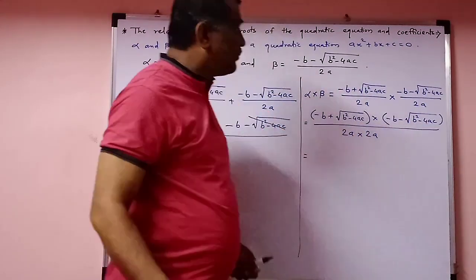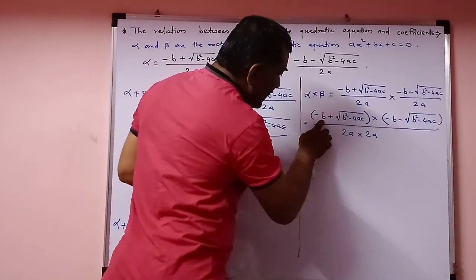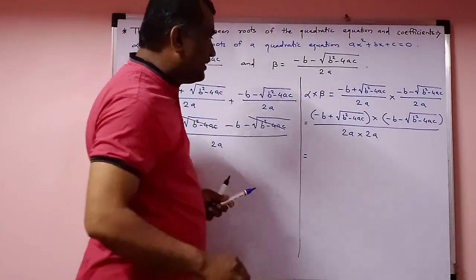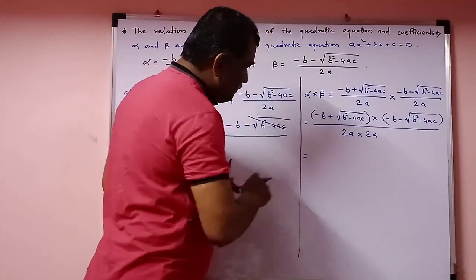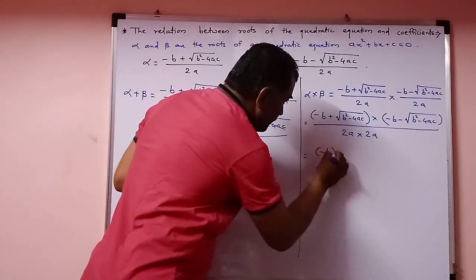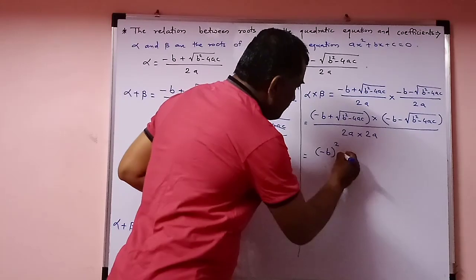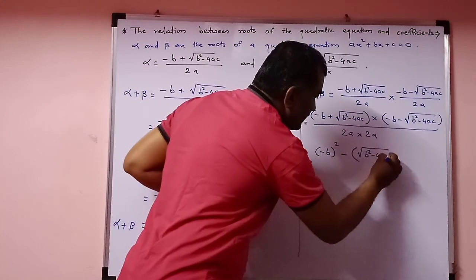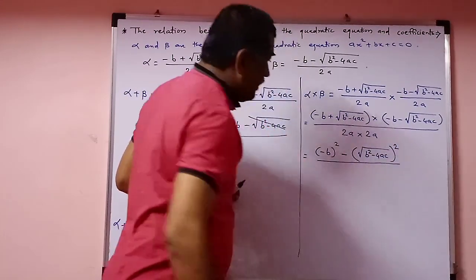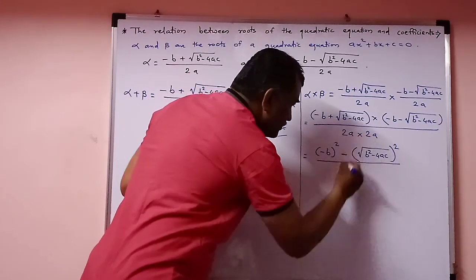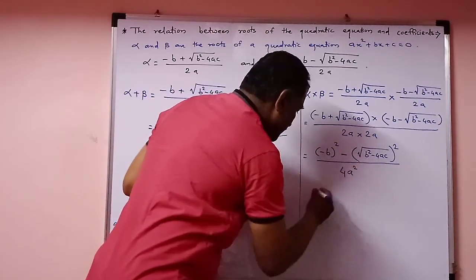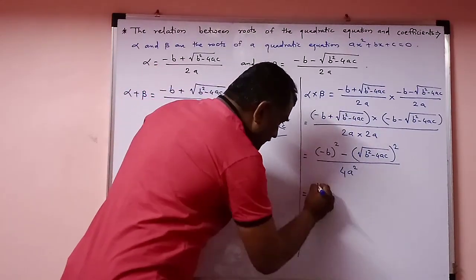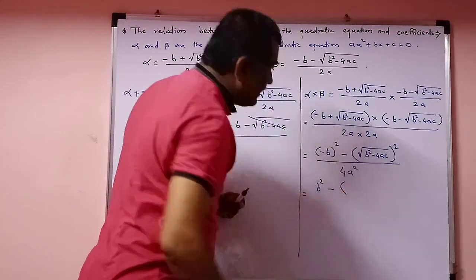This is in the form of a plus b, a minus b. A plus b into a minus b is equal to a square minus b square. Therefore, minus b bracket square minus square root of b square minus 4ac bracket square upon 2a into 2a. 2 2s are 4, a into a is a square. The square of a negative number is positive, so b square minus the bracket square of